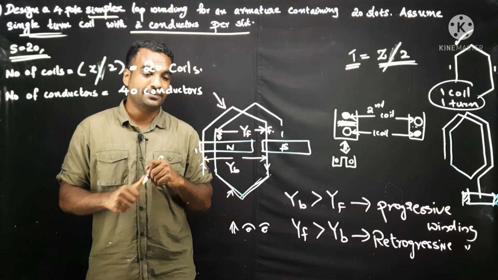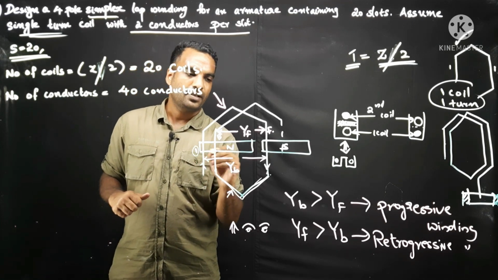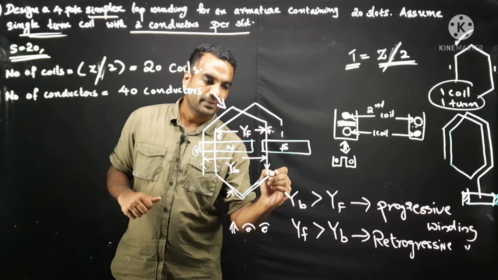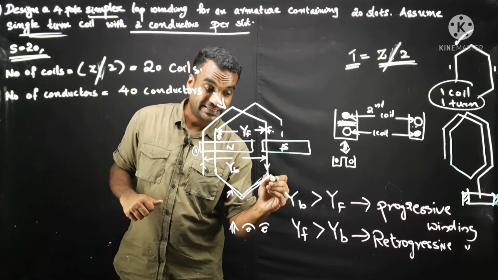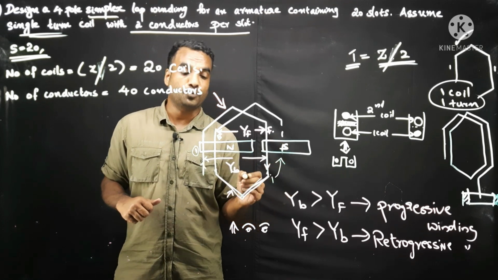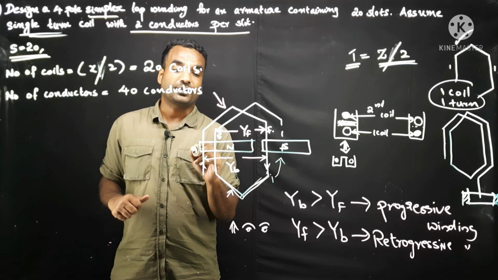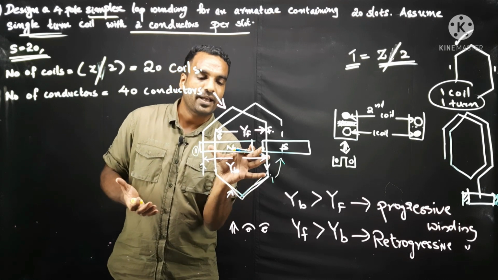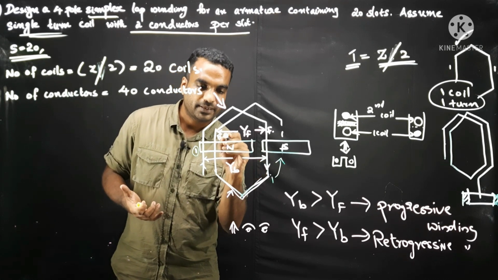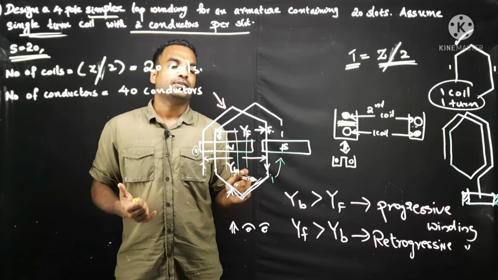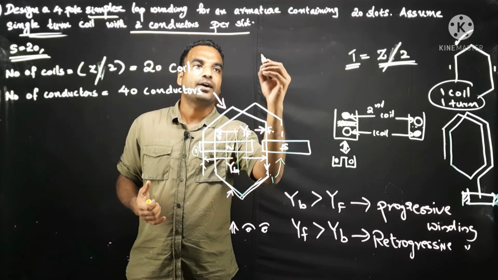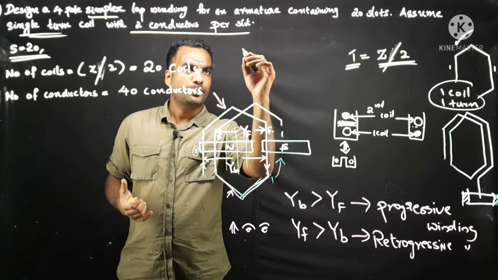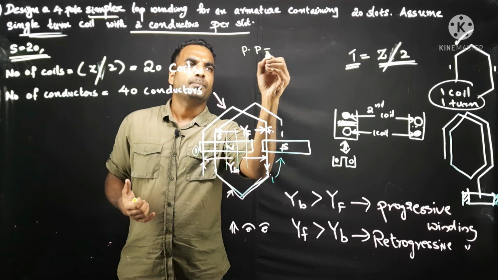exact positions of coils. I know this is the first slot, and this is the number of slot corresponding to the south pole, first conductor of south pole. This is first conductor or first slot of north pole. But for easy understanding, I have to get how many conductors are in between. There are some more conductors. So for that calculation, we have to find pole pitch, PP.